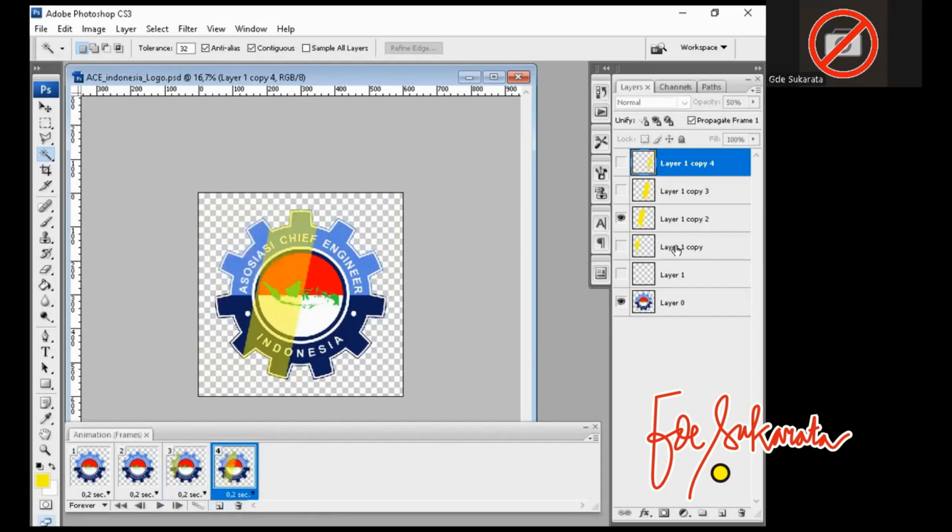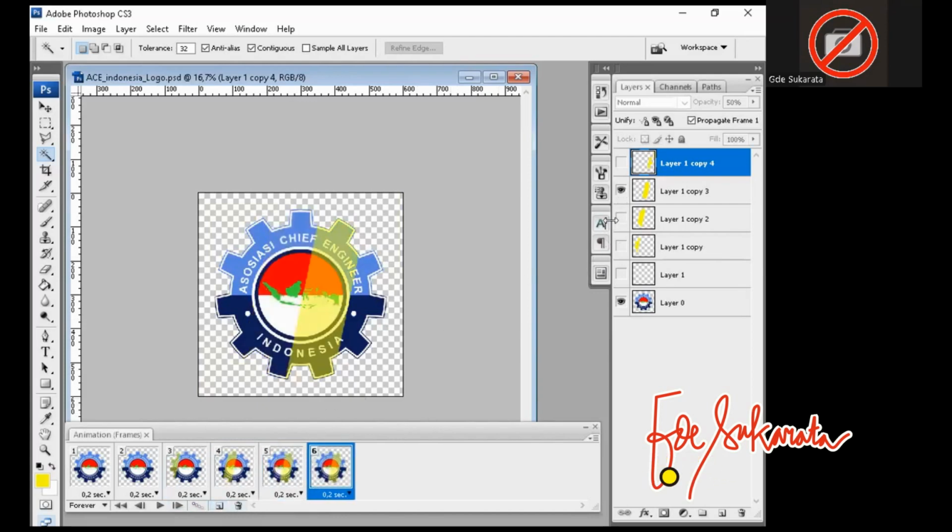Okay, hide this, unhide this, duplicate, hide and unhide this, duplicate, hide this. The last, hide this layer. Okay, if we want to play, look like this.